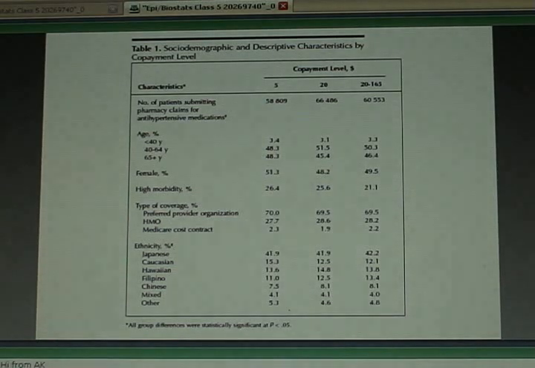So for example, in the lower copayment groups, 48% of individuals are over 65 versus 45 in another group versus 46 in another group. So it gives you an idea of the potential for confounding factors that might be imbalanced in these various groups that they're comparing, and also might be indications of developing the outcome of interest, namely compliance. But notice table 1 in this manuscript doesn't have a fourth column, which tells you whether the age distributions are statistically different in these three groups, or whether the sex distributions are statistically different, or the ethnicity classes are